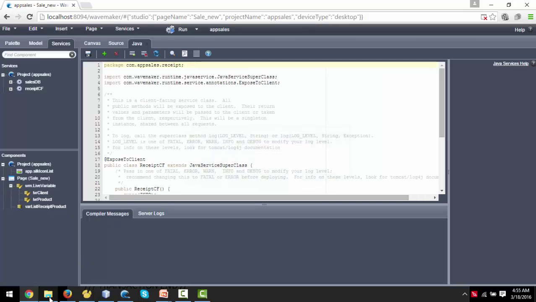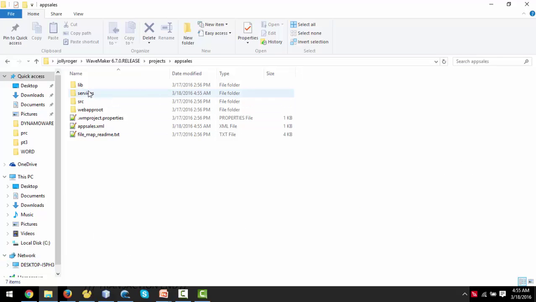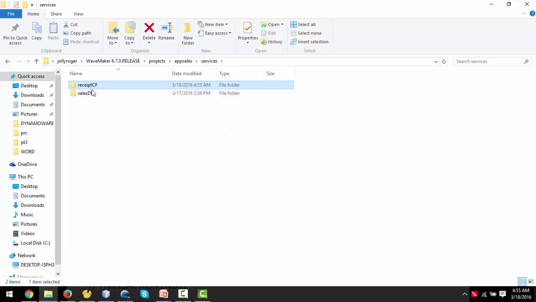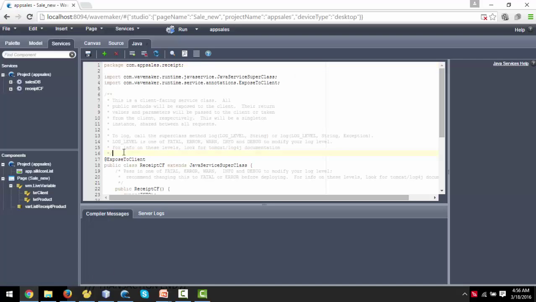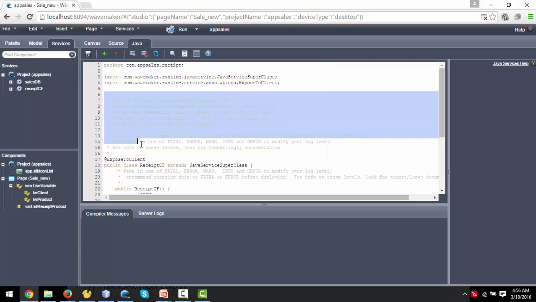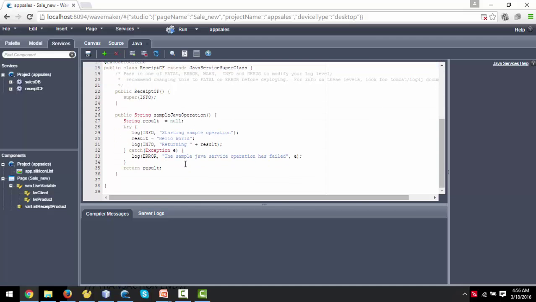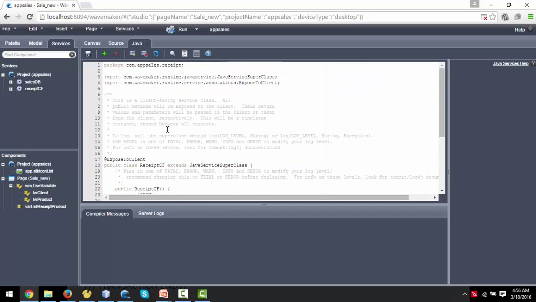And if we go to our services folder, we now have our database service, and we have the receipt service. If we go to our source folder and go to com.appsales.receipt, here's our Java source code file. So we can write any Java code we need to in this file here, and it'll be executed on the server